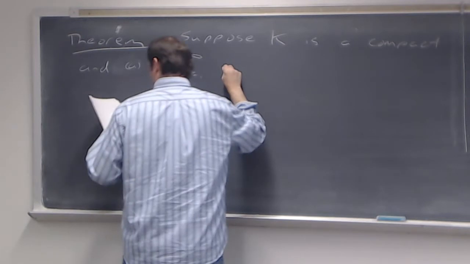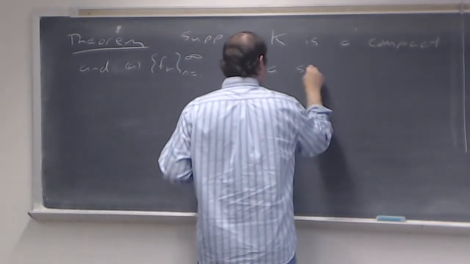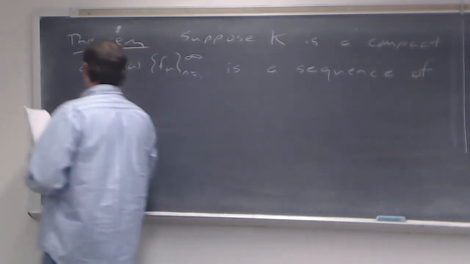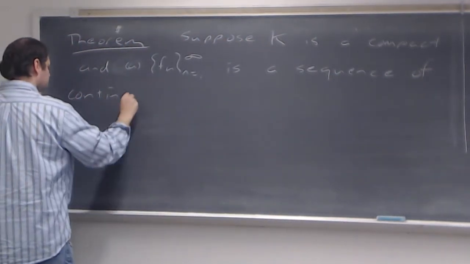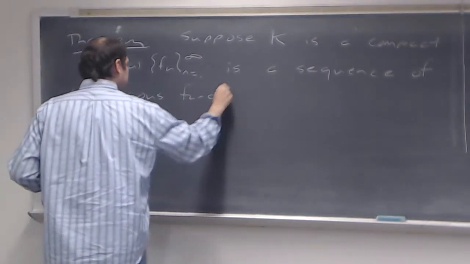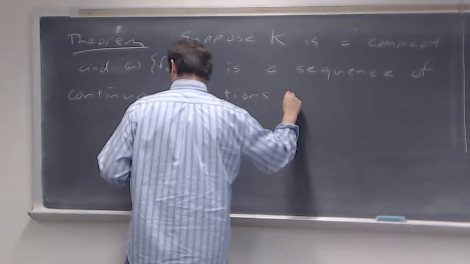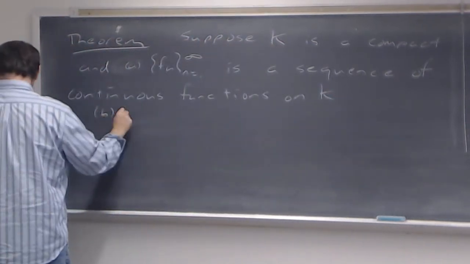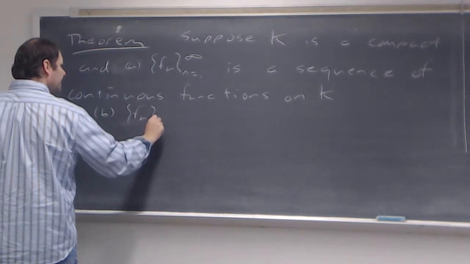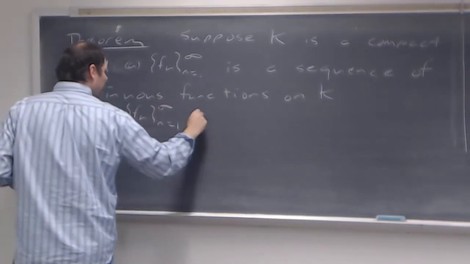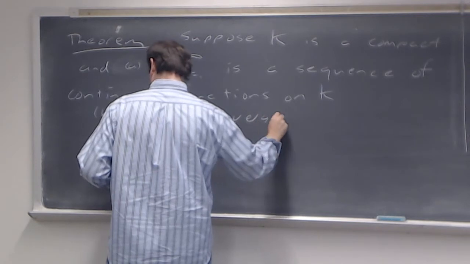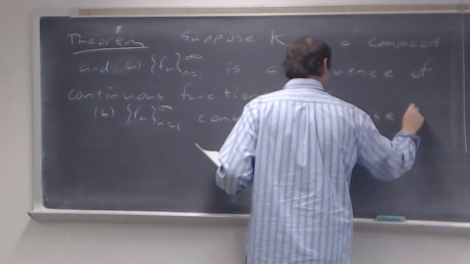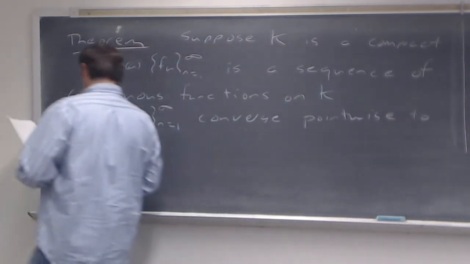So we have this sequence of functions, but not only are they a sequence of functions, they are continuous on K. Second, the f sub n converge pointwise to a continuous function